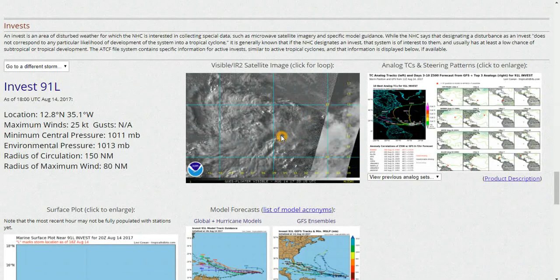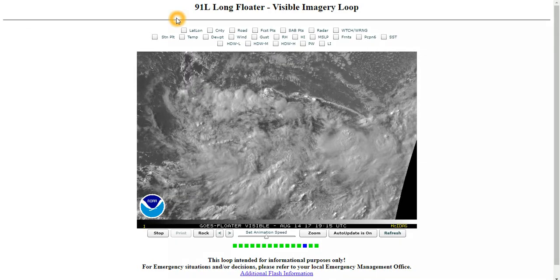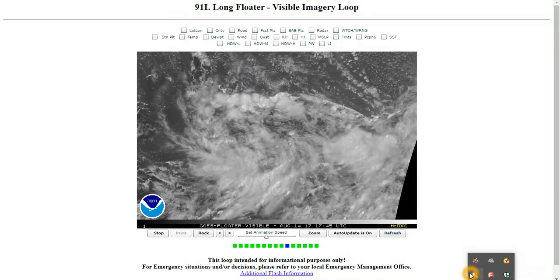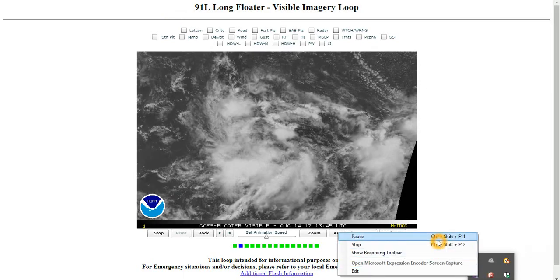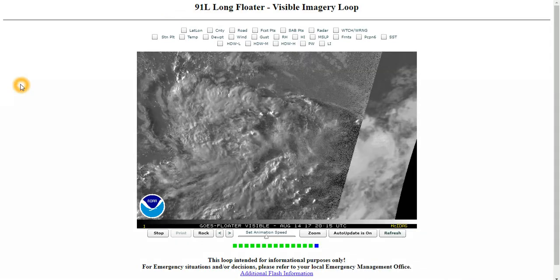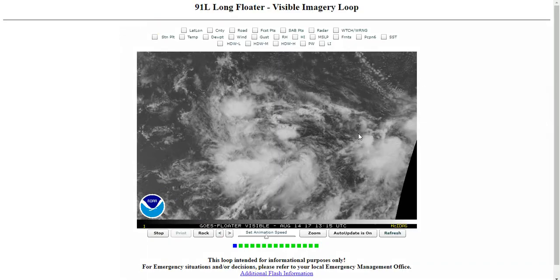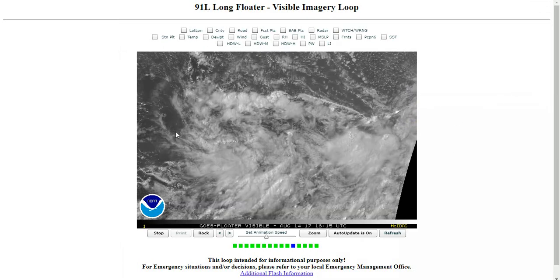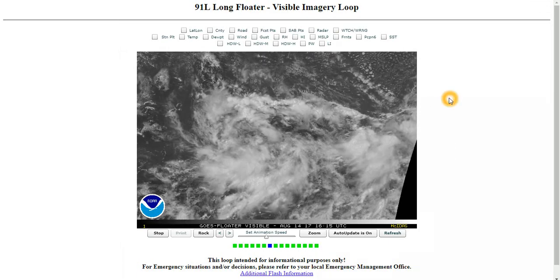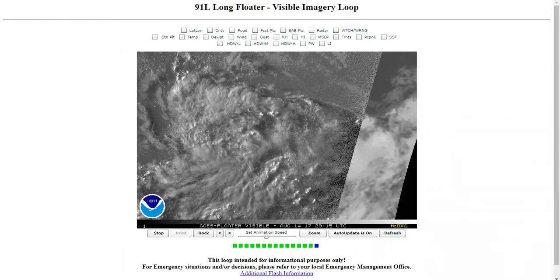I mean, Invest 91L. Here's the thing with this system. This is a very large storm. That's the thing that we're seeing over here in terms of track distribution. As you can see here, this is Invest 91L. Look at this giant mess that we're tracking over here. This came off of Africa yesterday and had a 20% chance. Now it has been upgraded to 60 as of today, and